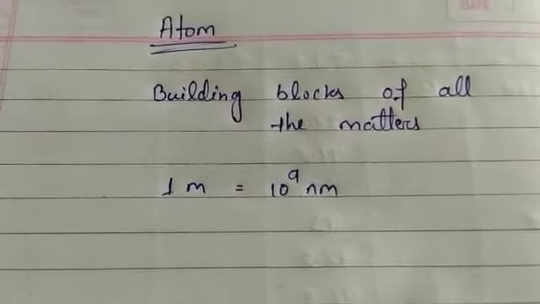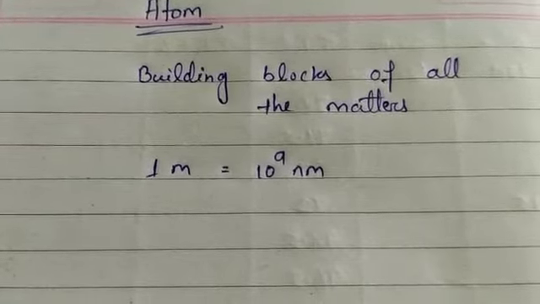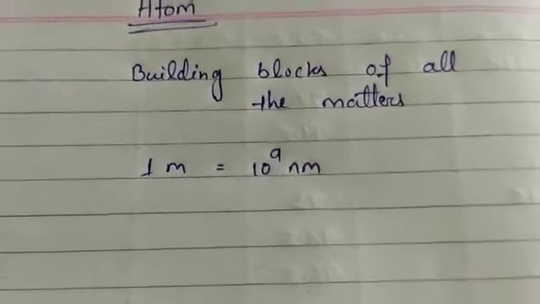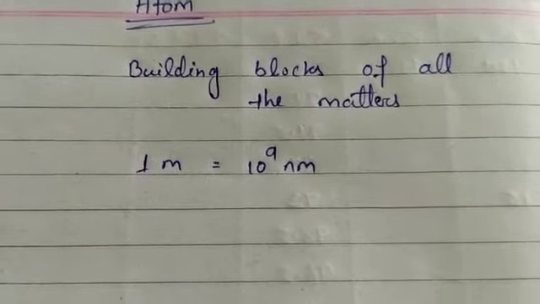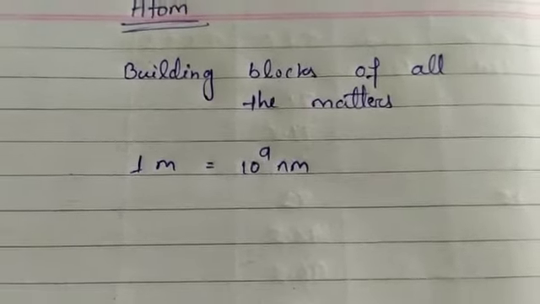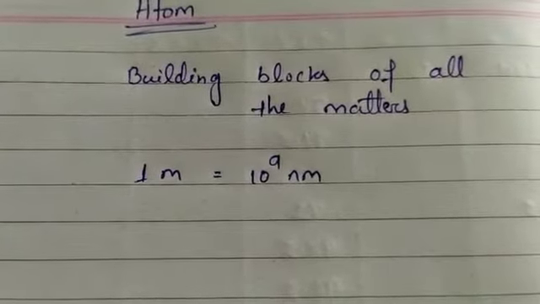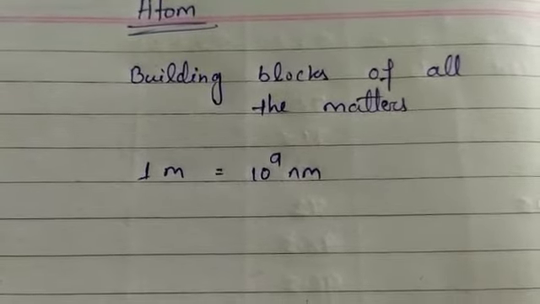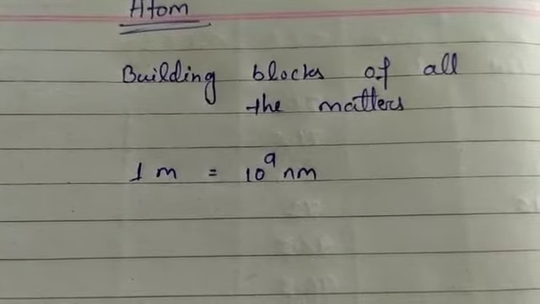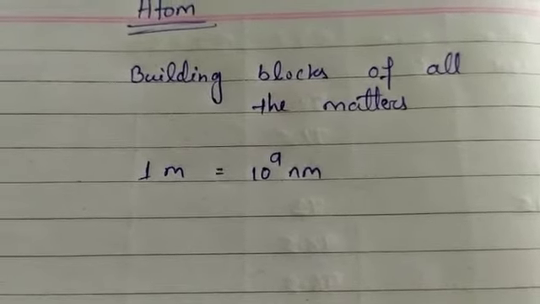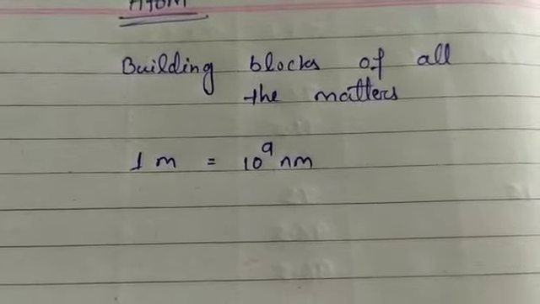Here we can see that atoms are so insignificant in size, but still we should care about them, because our entire world is made up of atoms. Whatever we see in our surroundings is made up of atoms. We may not be able to see the atoms, but they are there and constantly affecting whatever we do. For example, air is present all around us. We are not able to see the air, but we are able to feel it. Similarly, we are not able to see atoms, but they are there.